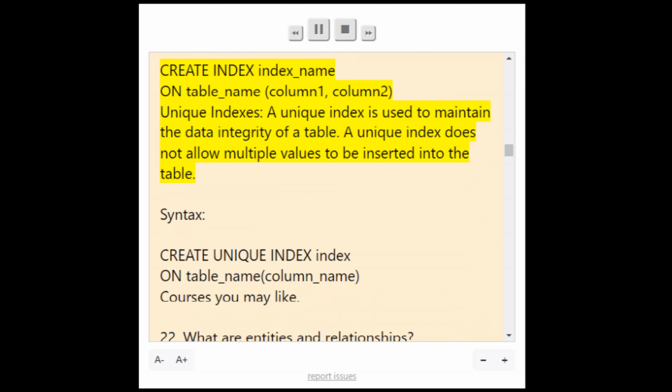Unique indexes. A unique index is used to maintain the data integrity of a table. A unique index does not allow multiple values to be inserted into the table. Syntax. Create unique index index_name on table_name,